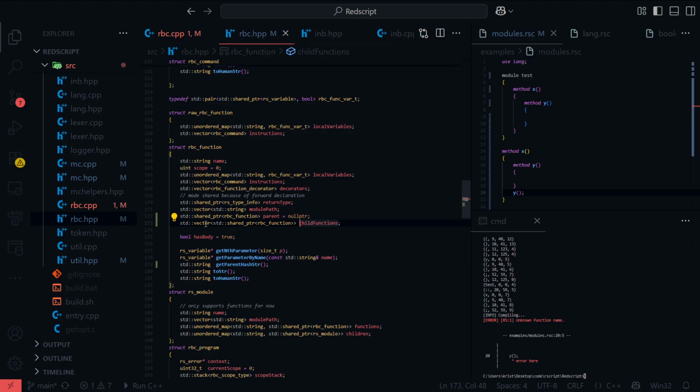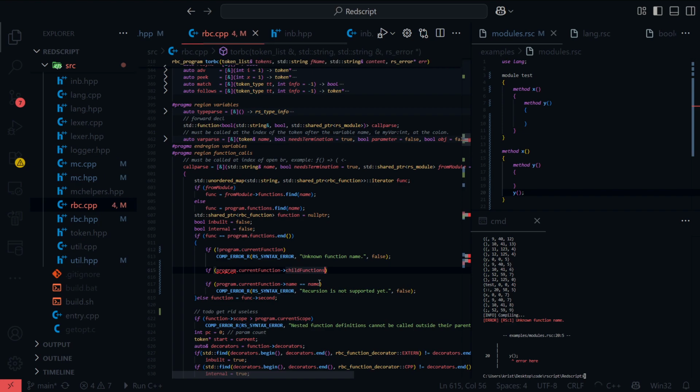Yeah, let's change this into an unordered map. And we'll do find name does not equal to, sorry,